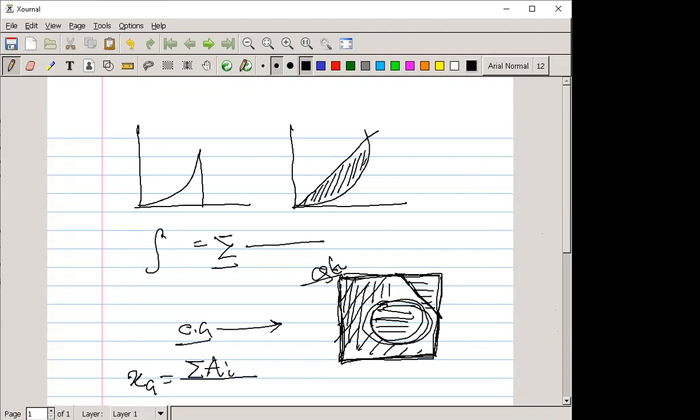Then only we can get our questioned area. So first is the summation of Ai into xi, the distance from the axis of any point, divided by the summation of Ai. Clear? That is the xg formula. Similarly, yg is the summation of Ai into yi divided by the summation of Ai. If you remember these two formulas, then this problem is very, very easy to solve. Okay, let's start to solve this type of problem.